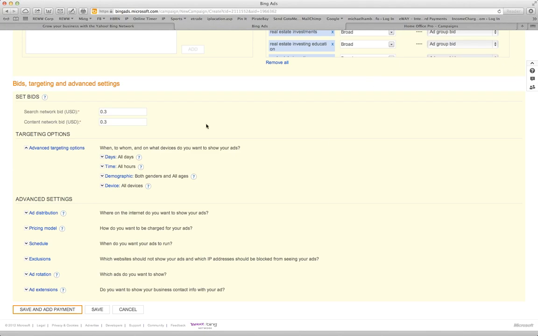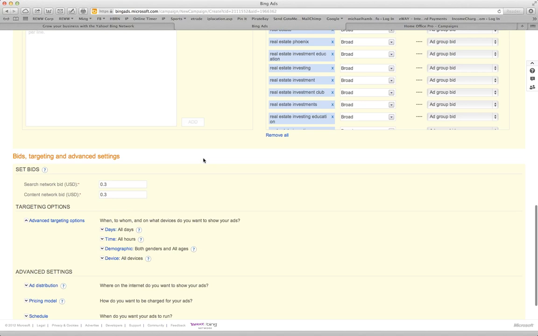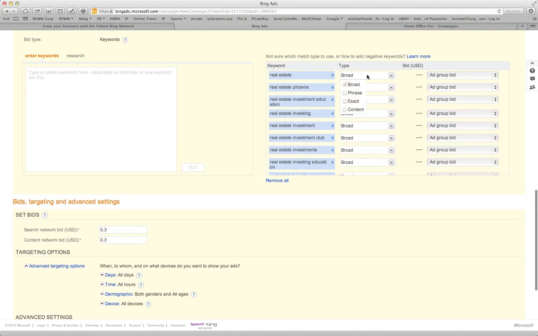All right, so here's where I can actually go in. Now, if I want to bid on each individual keyword, I can do that up here. I can put in whether it's broad, phrase, or exact, and I can actually do a custom value if I choose for each keyword. Just for today's demonstration, what it's telling me is, hey, it's giving me a 30-cent